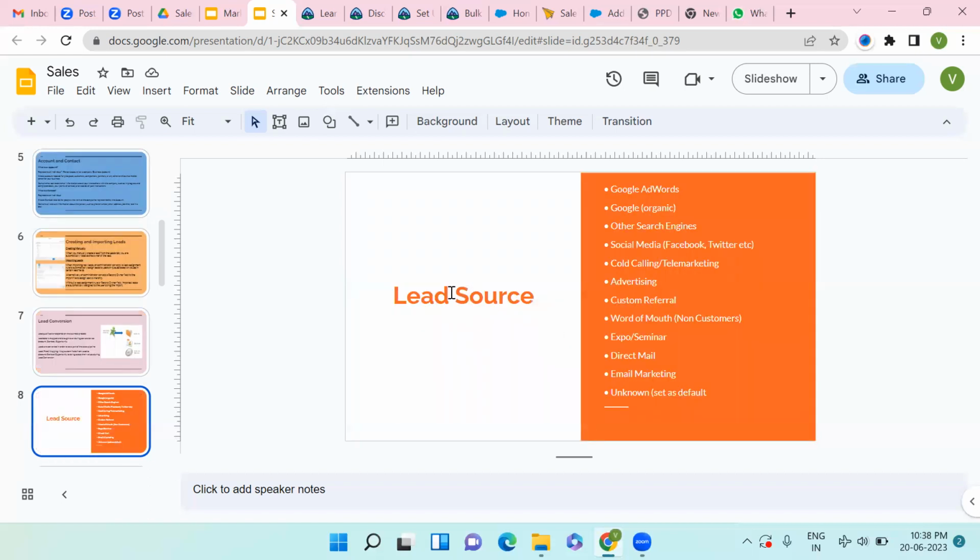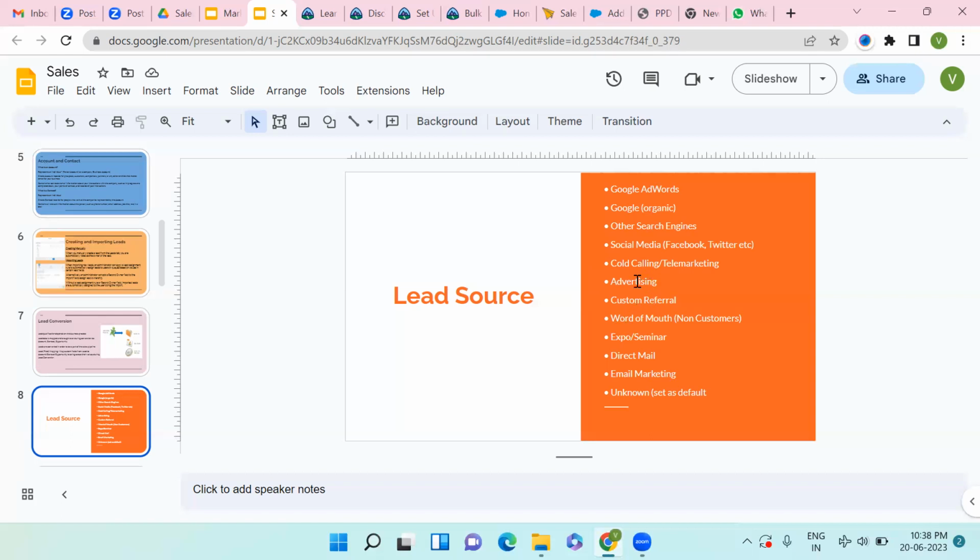Okay, so now how will our leads be generated? From Google Ads, from Google or another search engine, anyone can search for your product or your company, and if they are interested, they will either call you or send you an email. Or social media, Facebook, Twitter, cold calling or telemarketing. If you have a sales department, they will call some customers so that they can reach out to them, just as the loan department calls us to offer loans. The same thing happens with leads also.